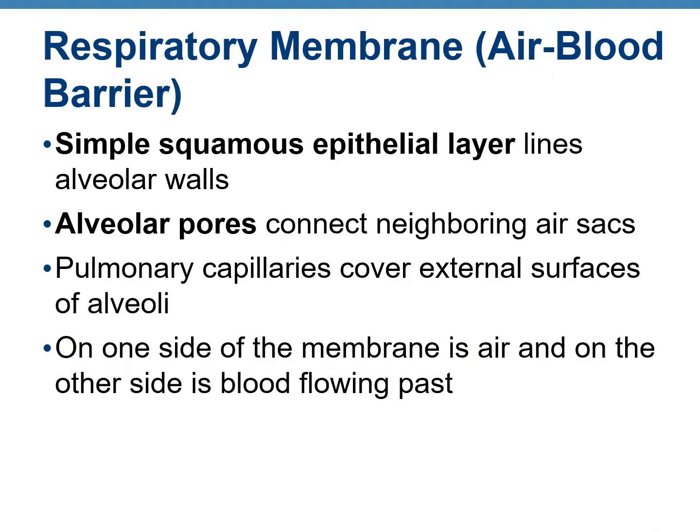Now I just mentioned that actual gas exchange occurs only across alveoli. So what is the alveolar wall made up of? Each alveolus, that means that each grape-like structure, its wall is made up of simple squamous epithelium. It has to be simple, one layer, so that it allows this efficient gas exchange. Squamous is flat cells. And each grape is connected to the neighboring grape by an opening. These are known as alveolar pores. The alveolar pores connect neighboring air sacs.